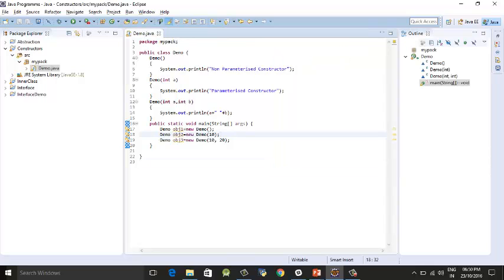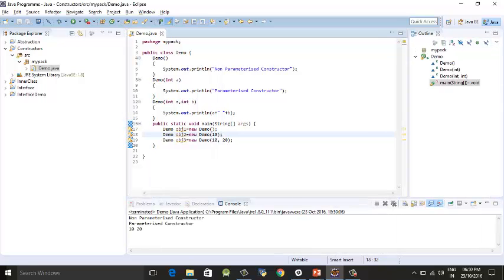The object having a single parameter value called the single parameterized constructor, and the object having two arguments called the constructor having two parameters. So first the non-parameterized constructor was called, then the single parameterized constructor, and then the double parameterized constructor